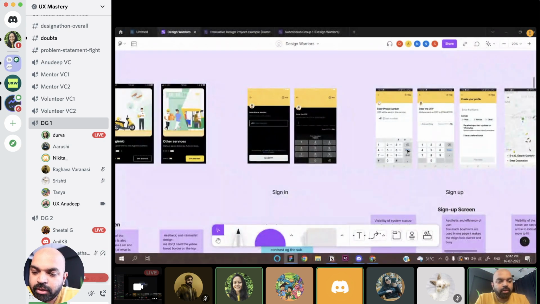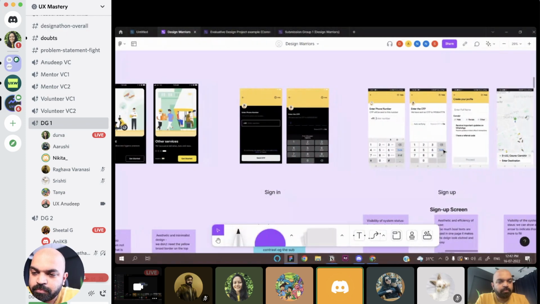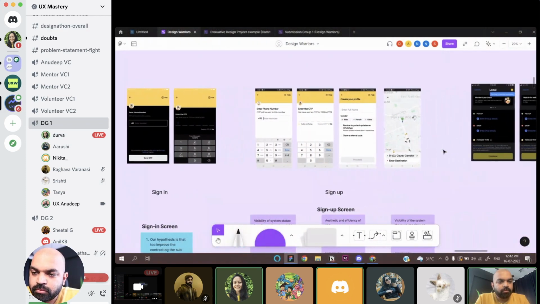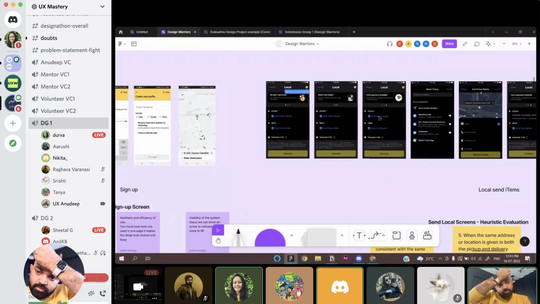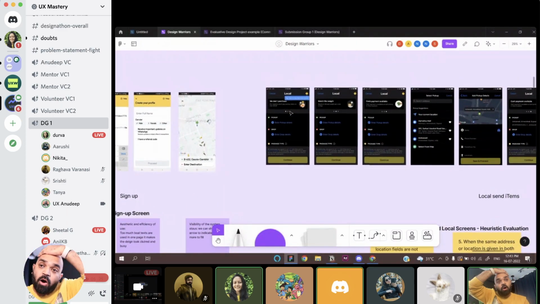The flow where people have to send items. Yeah. Also, see, heuristics will give you some problems, but you should also stick to the scope. I just read your problem statement again. You have to stick to the scope of sending local items. So you don't have to worry about